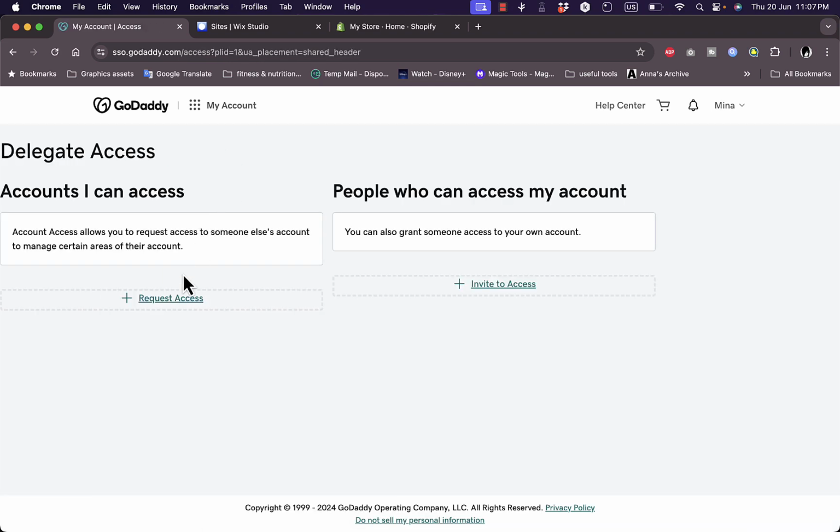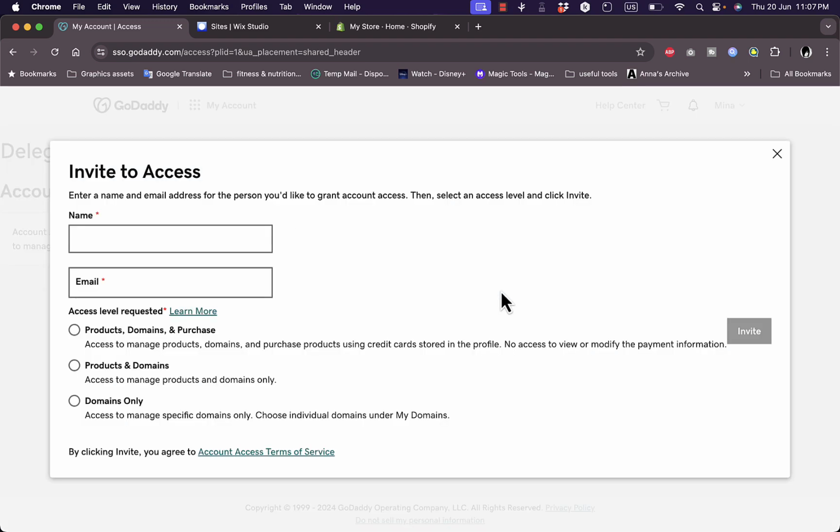in here you can either request access to someone else's account or invite or add people to access your own account. So in my case I want to invite to access, so here you want to enter the name and the email of the developer or the person you want to delegate your services to, and here you can set